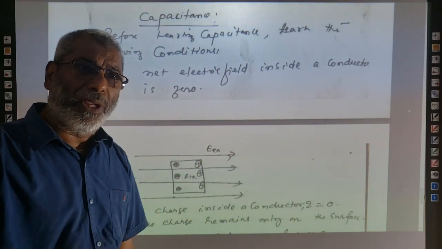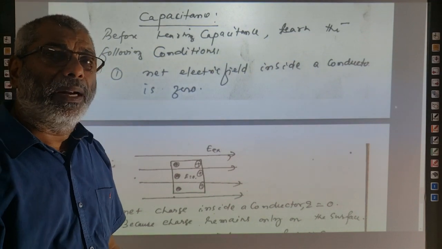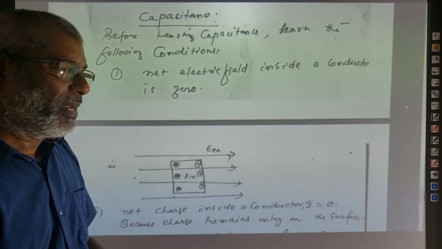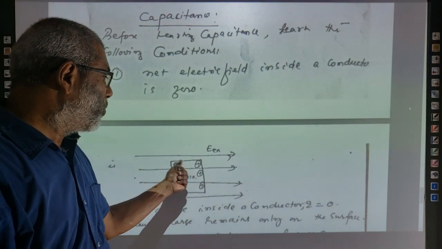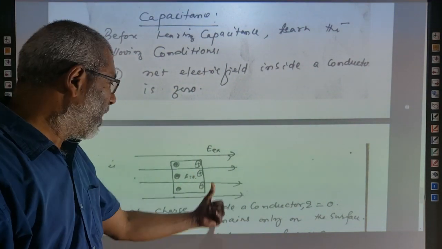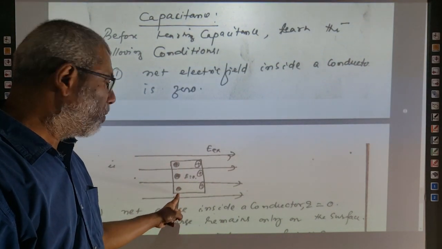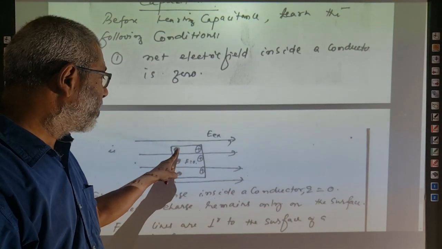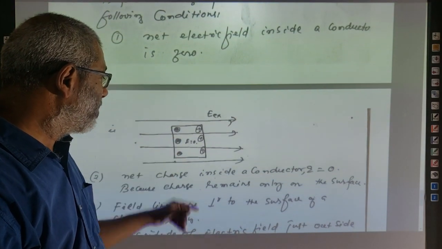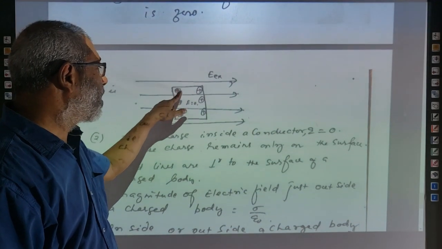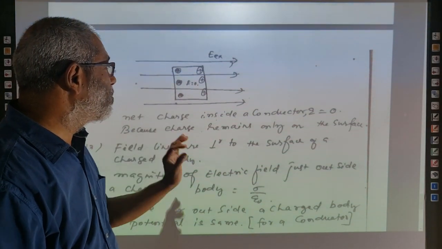When a conductor is kept in a uniform electric field, the conductor has free charges, electrons and positive charges. So the positive charge will move in the direction of the electric field and the negative charge will move in the direction opposite to the electric field. Please mark when you write the notes, these are round marks with a negative sign, because this being much darkened, it is not legible. So these are round marks with a negative sign you will write.